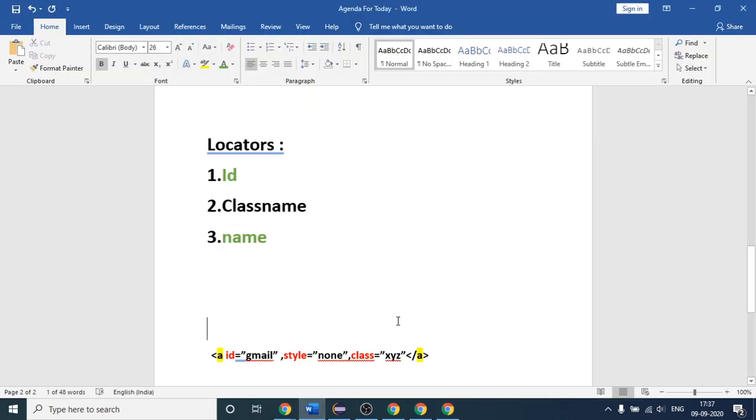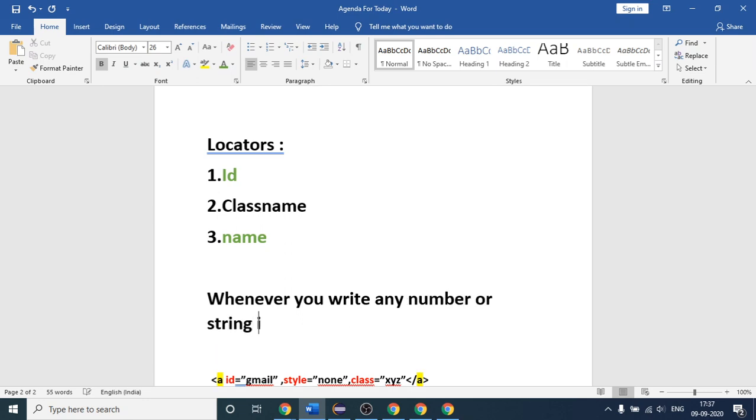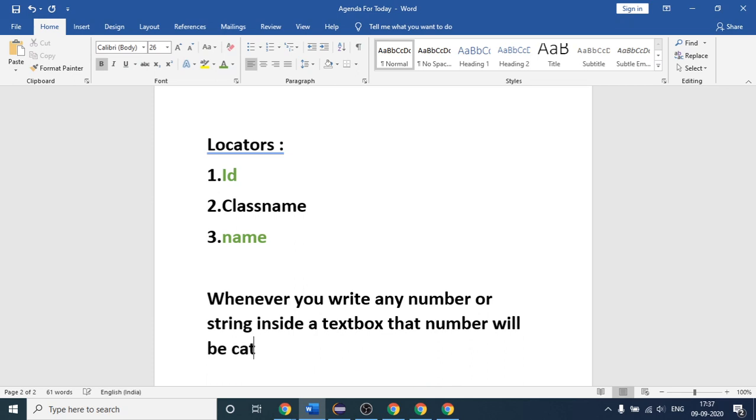Whenever you write any number or string inside a text box, that number will be cached by one attribute, which is the value attribute.